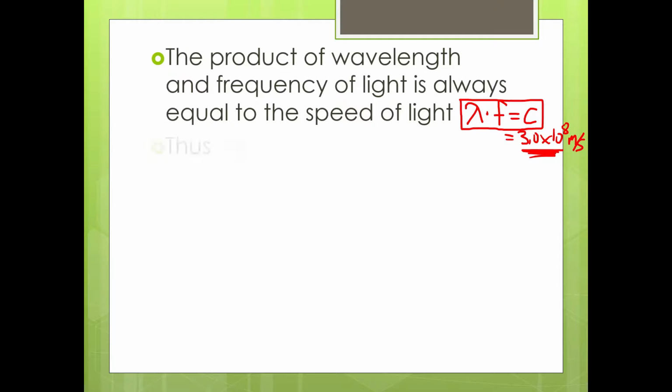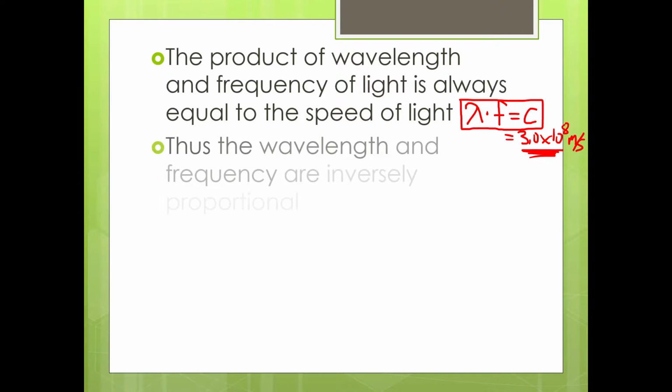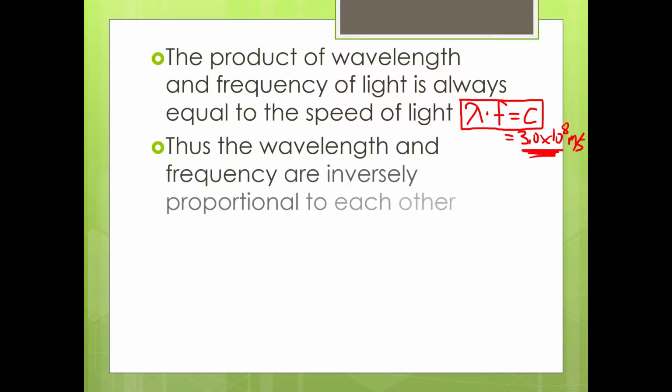Now, because of this, it turns out then that the wavelength and frequency will end up being inversely related to each other. What this inverse relationship means is that if wavelength goes up, then frequency will go down in order to maintain this relationship. Similarly, if wavelength goes down, then frequency will go up. Again, because this relationship is true for light, where the product of wavelength and frequency is equal to the speed of light. Since the speed of light is always constant,